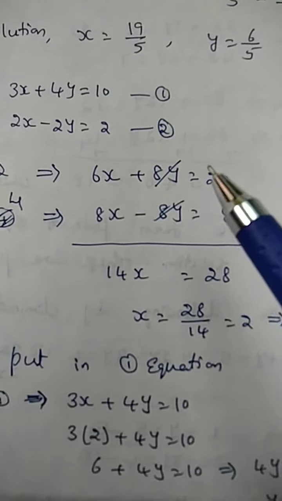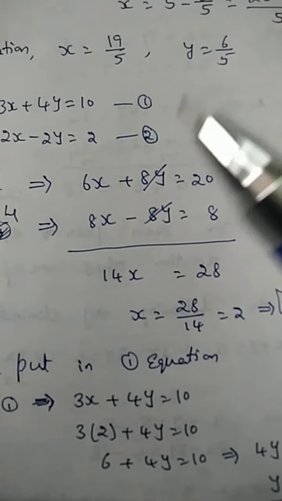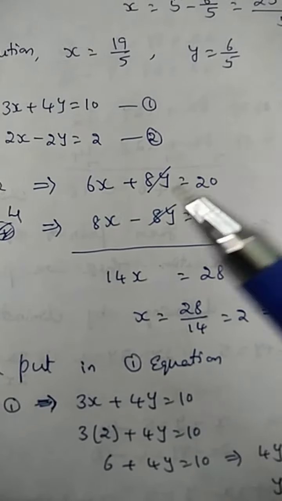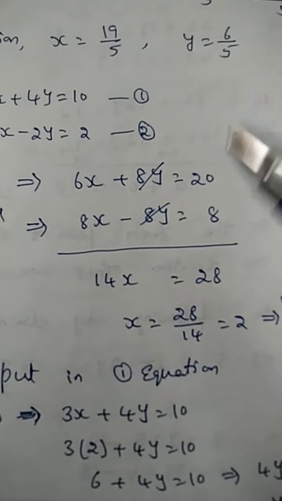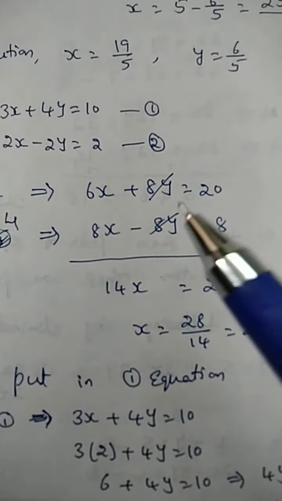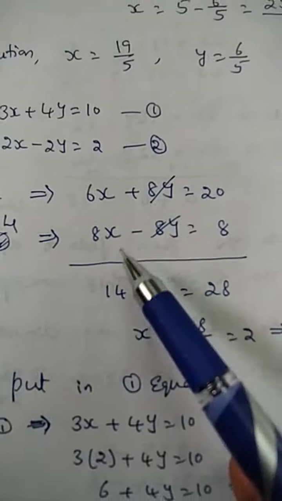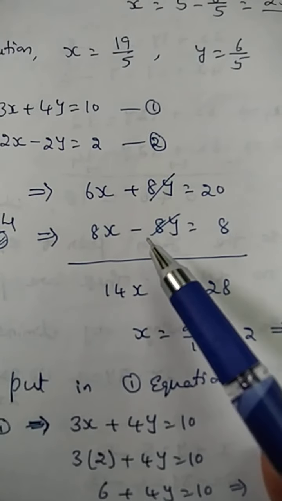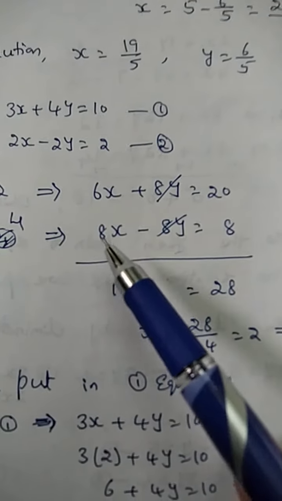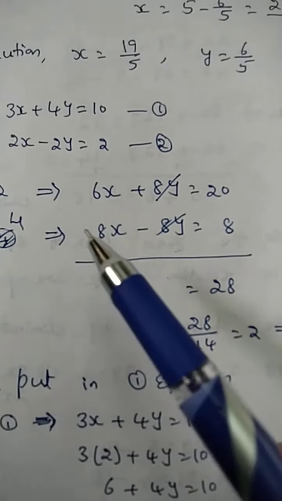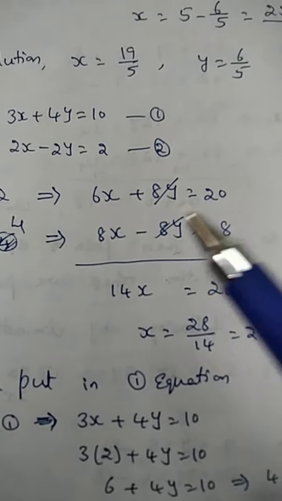So here we can add. In the previous problems, both were the same, so automatically we subtracted the second equation from the first equation. But now those are additive inverses, so automatically we add the equations. We can't change the sign of the second equation. Here we are doing the addition. Plus 8y and minus 8y directly cancel, then plus 6x plus 8x. Can't change the signs. Why? Because here we are adding the equations and the coefficients of y are already additive inverses.